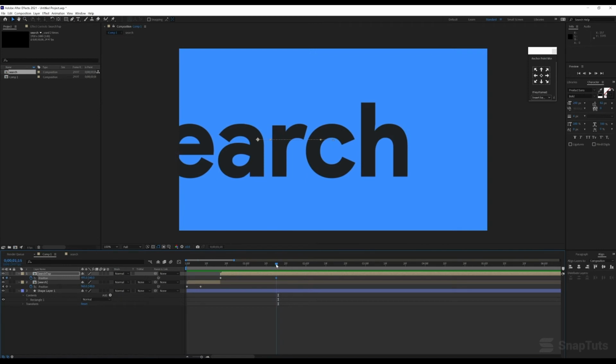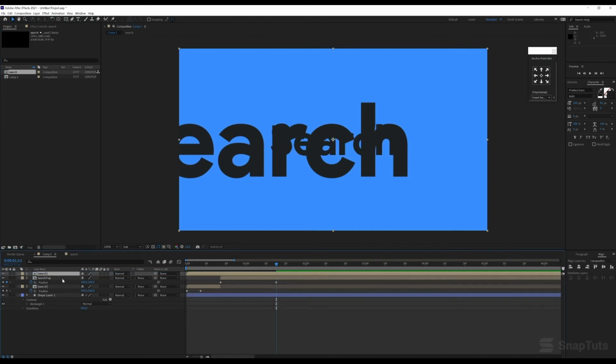Okay, so now I'll take the original composition, which is the search composition, and I'll drag and drop it in the comp one. So again I'll move it to where this animation ends. Okay, so I'll move it to say 2.5 seconds.